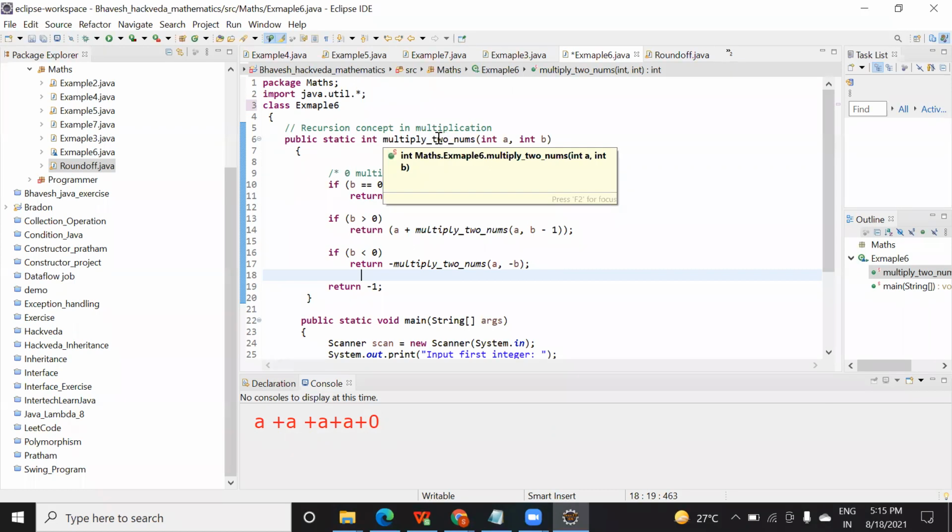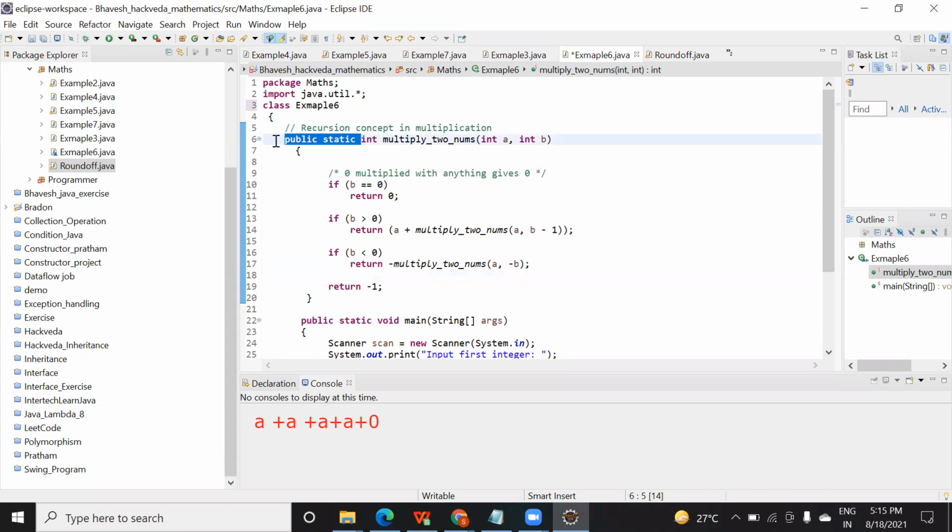You have written a function here, public static int. Static is also not mandatory to use. You can simply write an integer multiply only. You can remove it if you don't want.